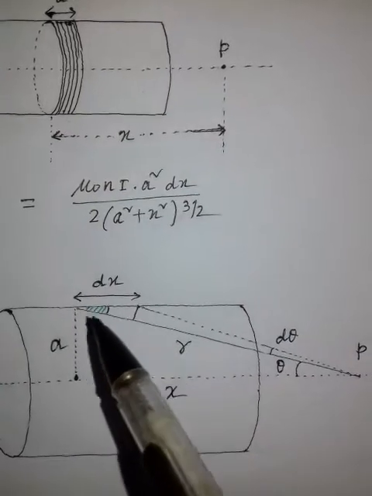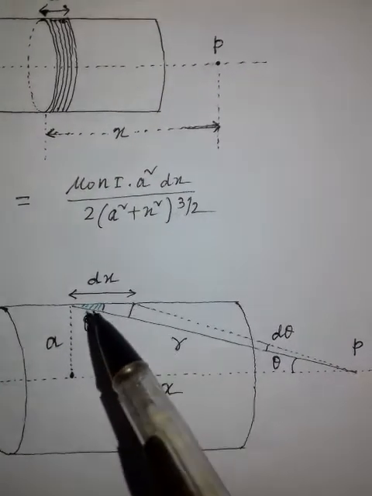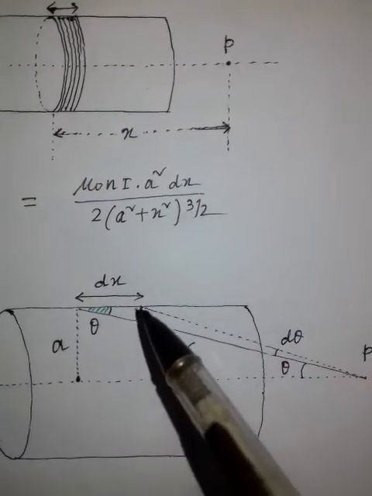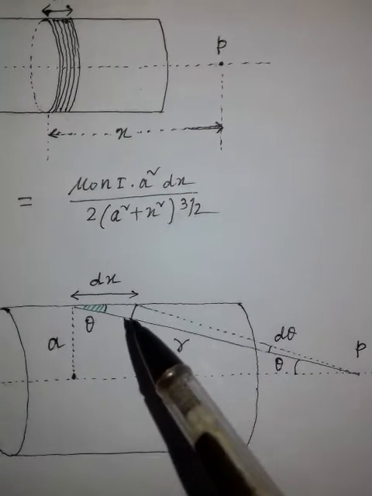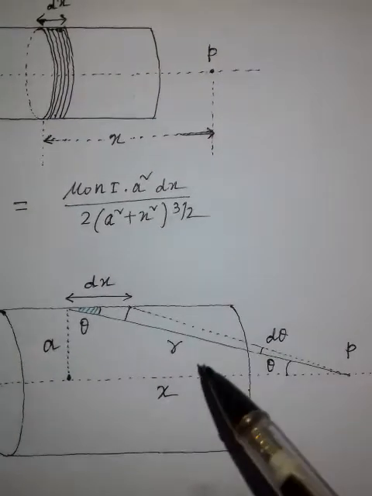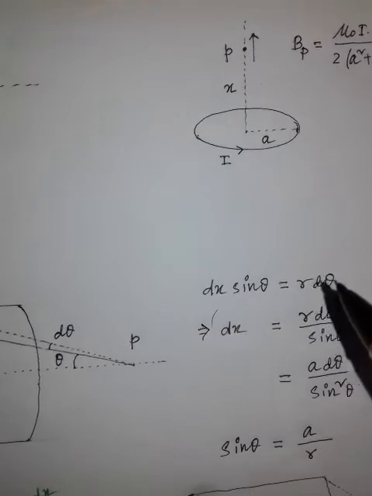But look at this triangle. For this triangle, this arc length is nothing but dx sine theta. So this arc length is equal to dx sine theta is equal to r d theta. So you can write dx sine theta is equal to r d theta,